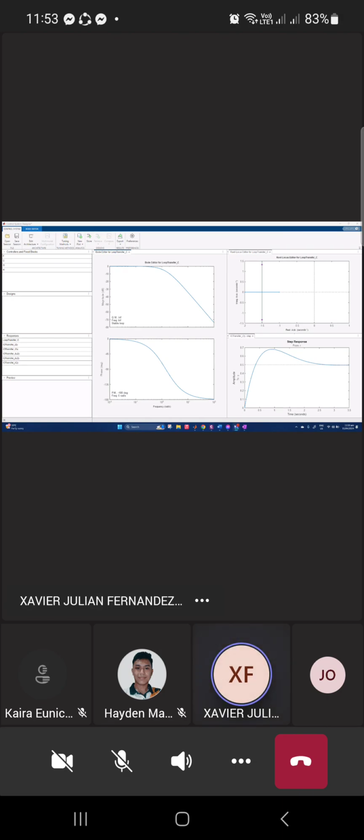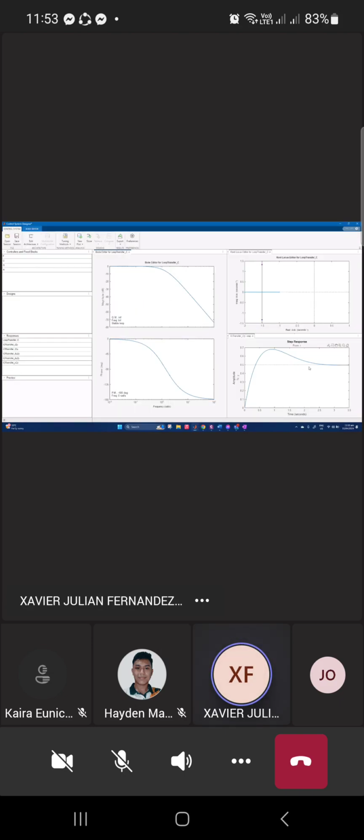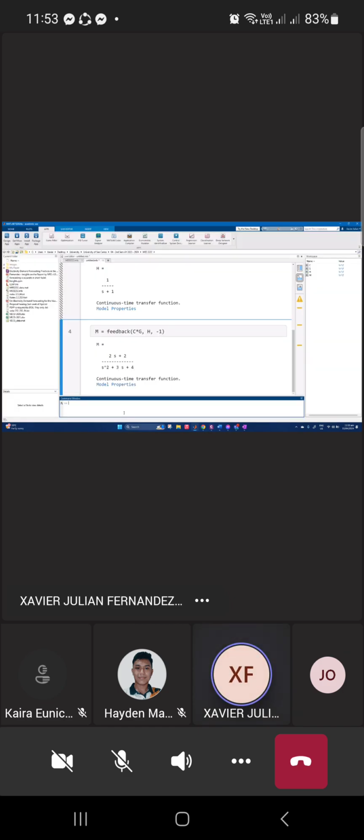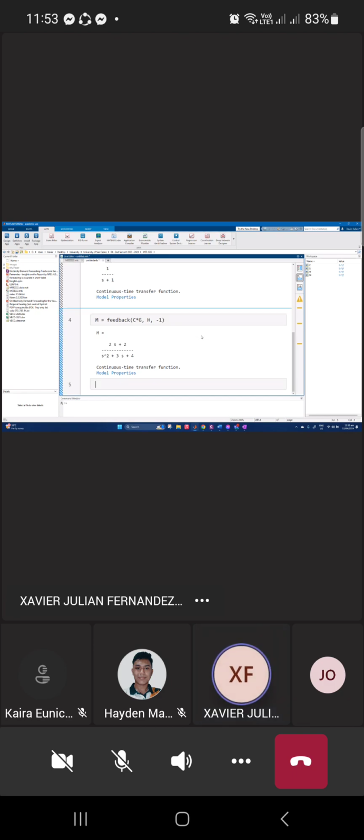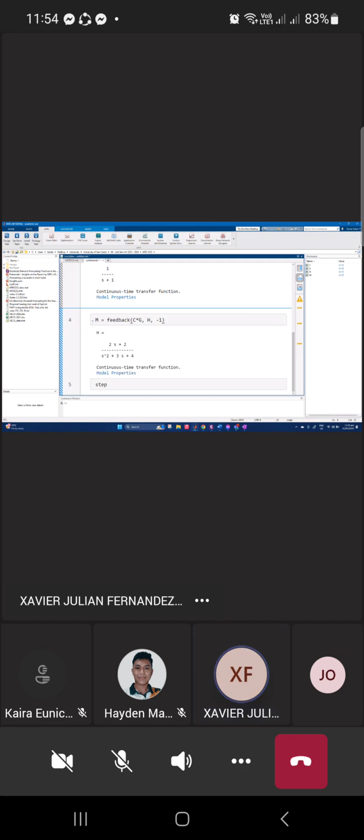Whereas, no, sa ato ang MATLAB na environment, we can actually show the step response, no? And the root locus as well, no? For the root locus, you use R locus. Siya, no? Root locus plot of dynamic system. We can, for the step response, of course, we know the step, di ba? So, di ba ito ang total transfer function or closed loop transfer function is M, no? If we take the step of M,